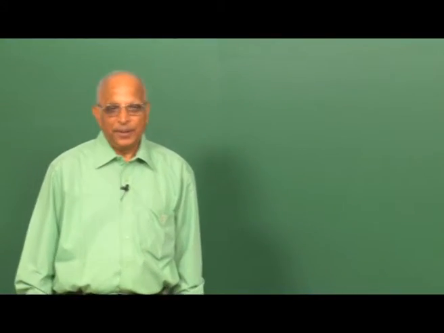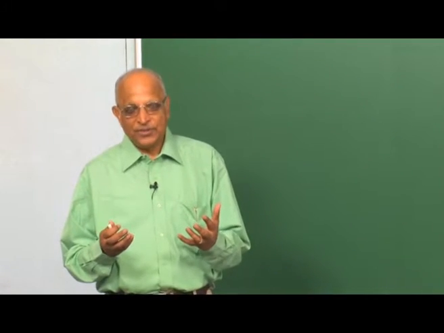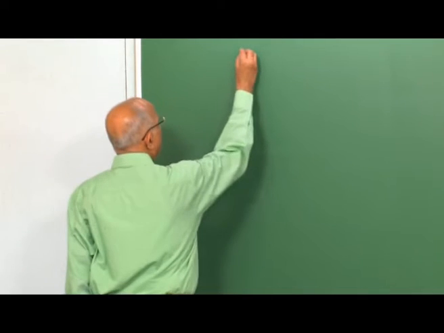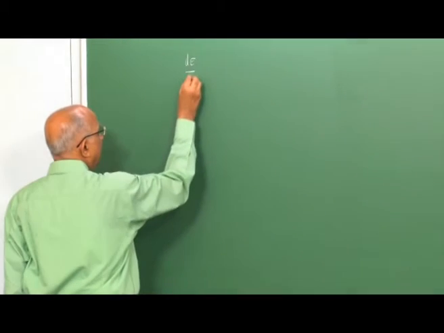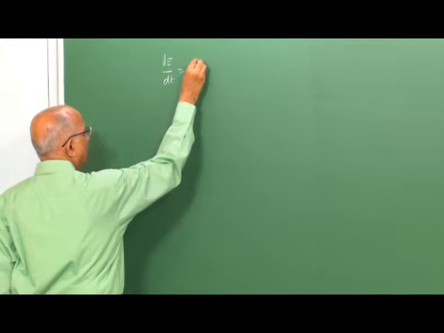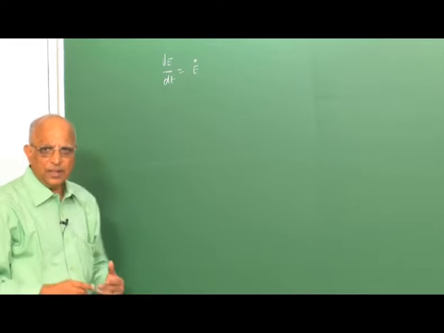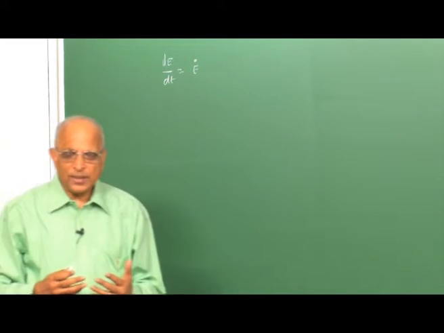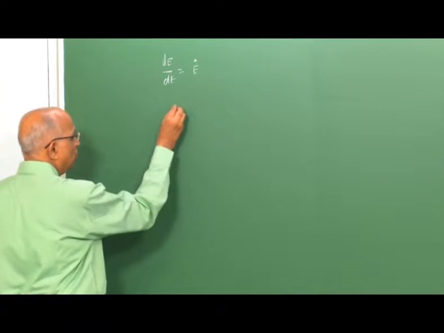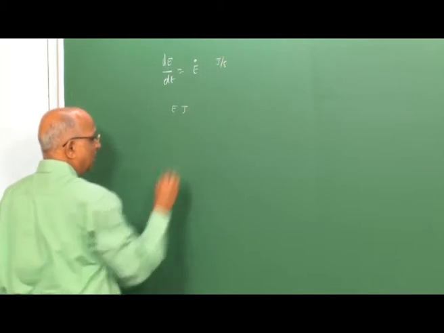Good morning. In the class today, we will look at the rate of energy release from explosions. Rather, what we look at is dE by dt. That means, if the energy release is E, we are looking at its rate. If you recall, in the last class, we looked at the energy which is released in joules. Today, we want to find out the rate at which it is getting released.